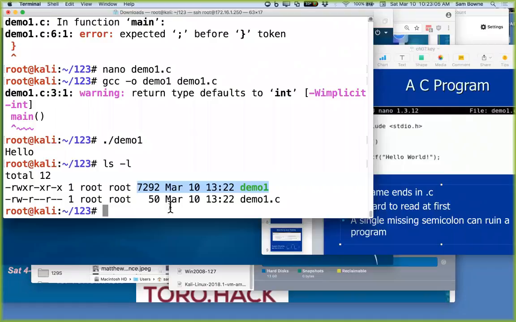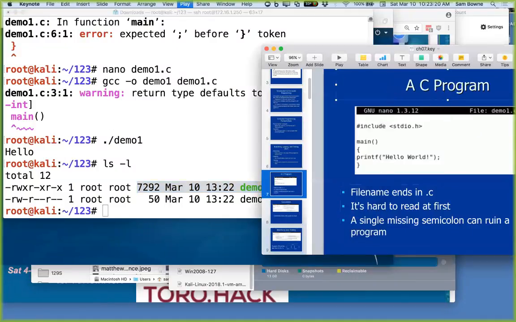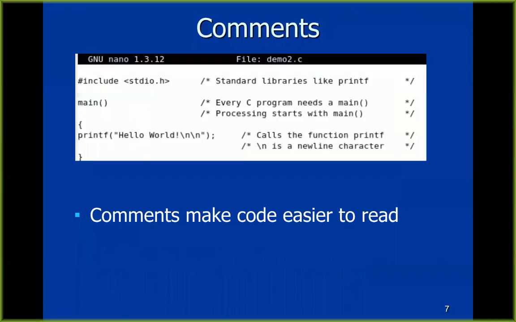But you don't have complete control over the output. Different versions of the compiler will make different assembly language. It's like driving a car in automatic. You're not really controlling exactly what it does. But it's easiest to just get where you're going if you don't really need to control all the details that way. So you can put in comments.